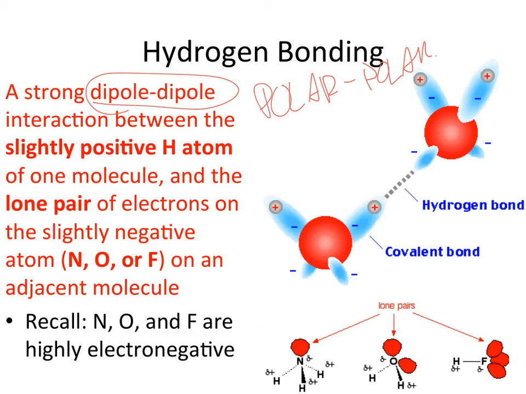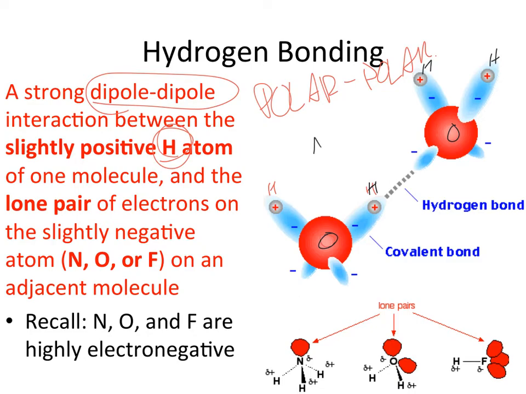It needs a slightly positive hydrogen atom. So in this case, we have water molecules. These are going to be our hydrogen atoms, and this is going to be our oxygen. I'm just going to draw that in black. There's our oxygen. These are your hydrogens. So we need a hydrogen atom interacting with the lone pairs of a highly electronegative atom like nitrogen, oxygen, and